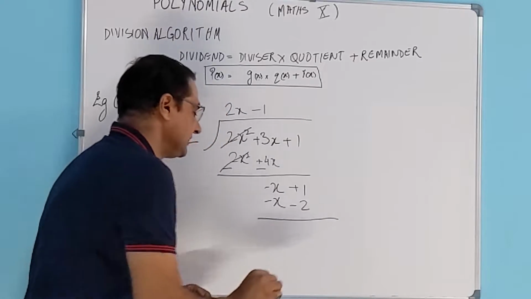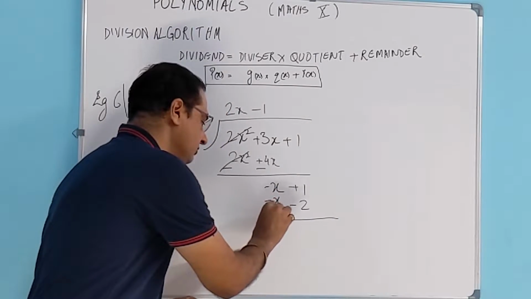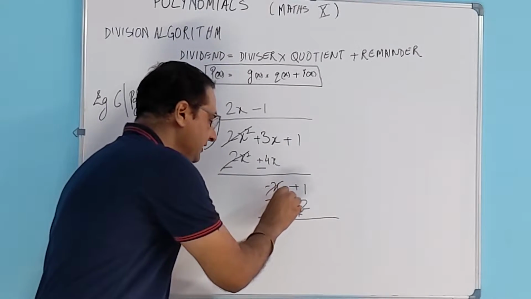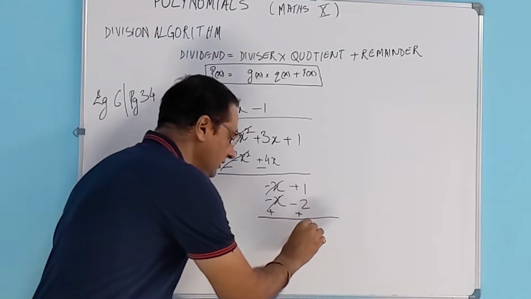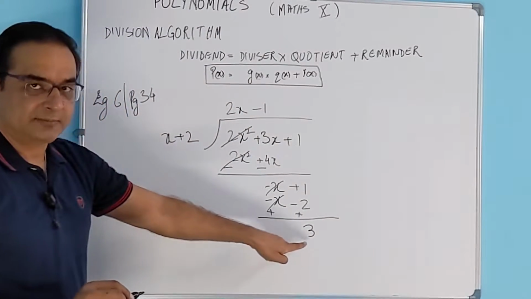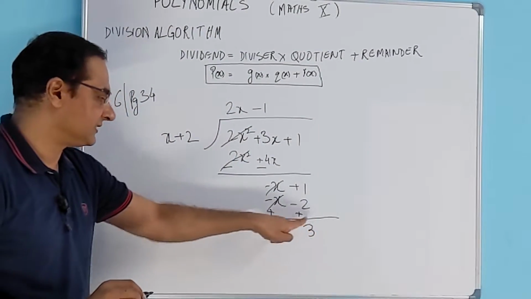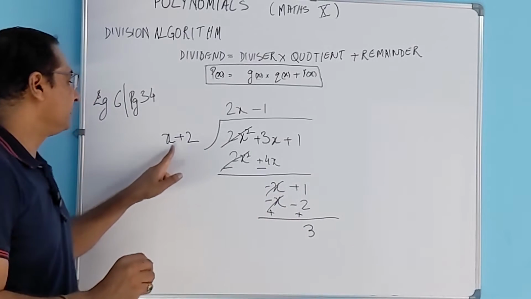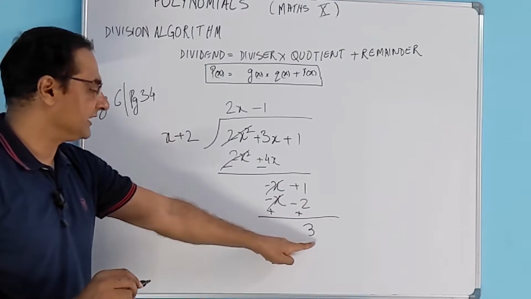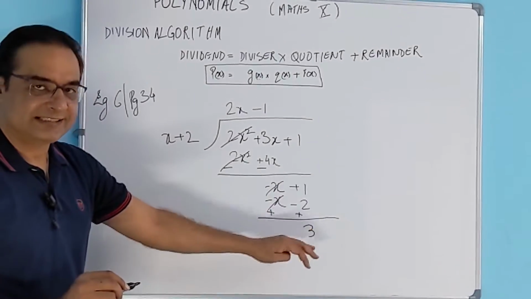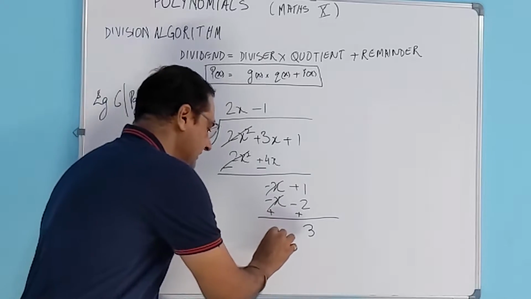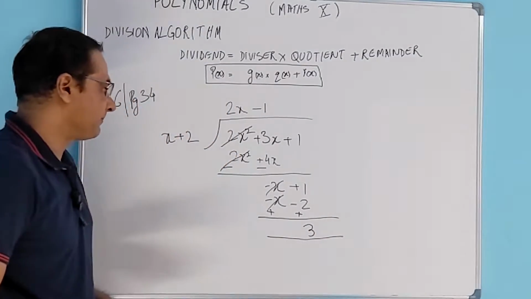Now again, as per the division, we are going to subtract this. So reverse the sign of all the terms. We eliminate the first term here, and what are we left with? We are left with 3. Now if you look at this term, which is the remainder, its degree is 0, and the degree of the divisor is 1. Since the degree of the remainder is less than that of the divisor, we stop here, we do not divide further, and this becomes our final remainder.